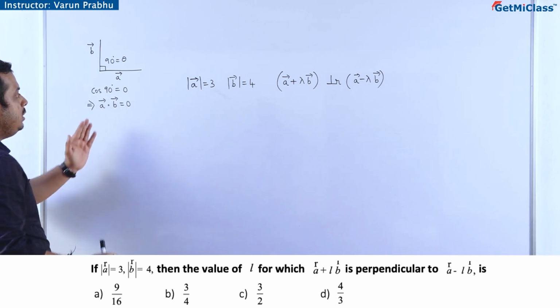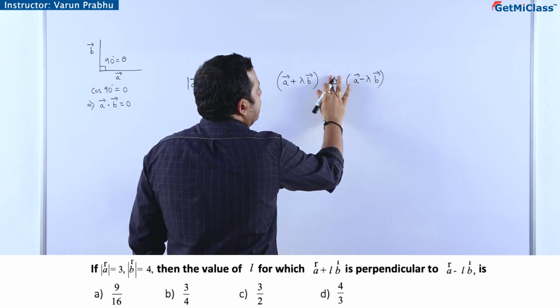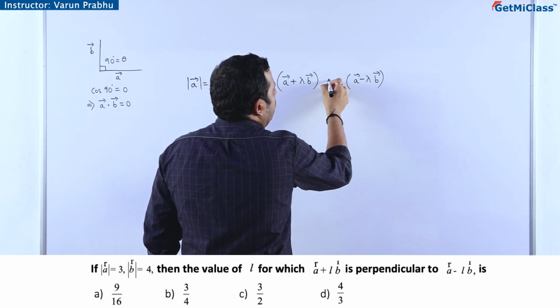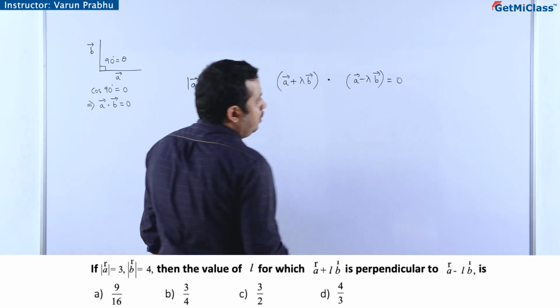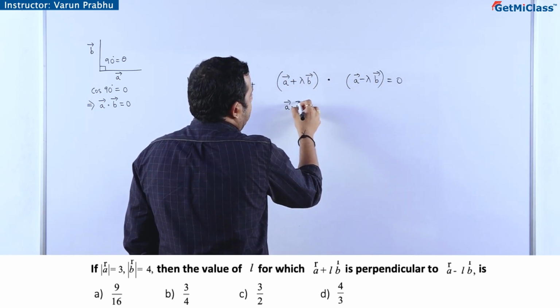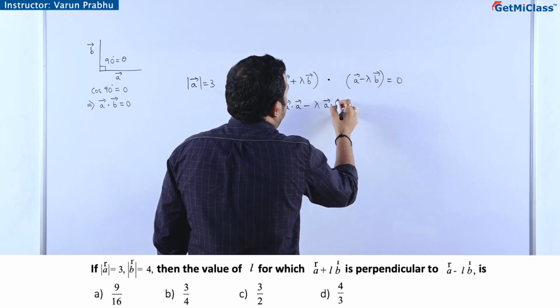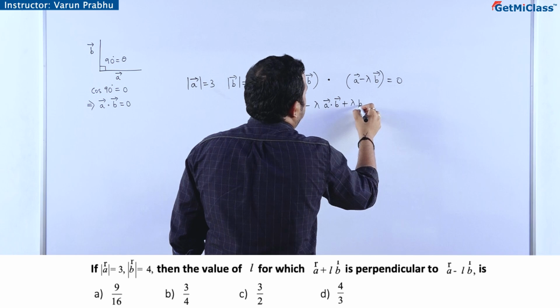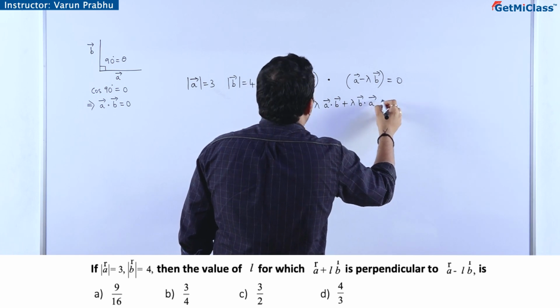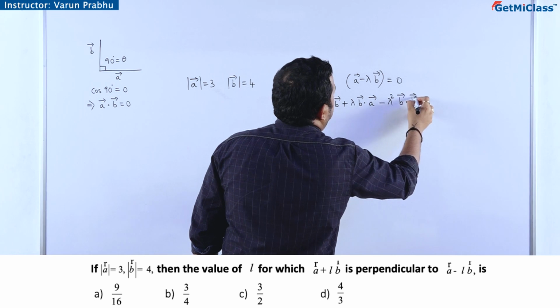This we have discussed during synopsis. So here it is understood because it is perpendicular, I can write like this, no? This dot this should be equal to what is it? 0, because they are perpendicular. So I can say now vector A dot vector A minus lambda times vector A dot vector B plus lambda times vector B dot vector A minus lambda square times vector B dot vector B, that is equal